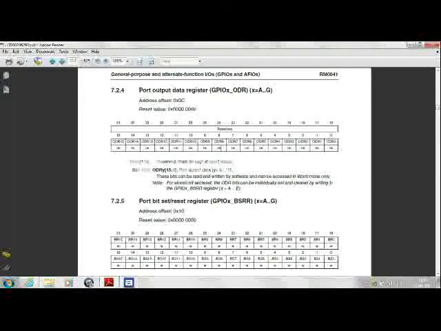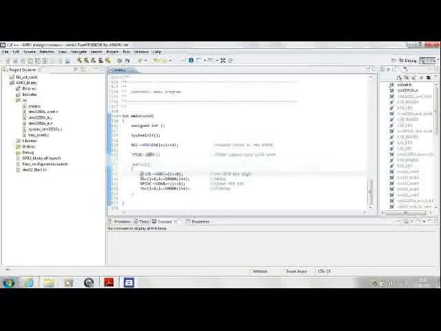So what does the description say? It says that if you want to make a port pin 1, then you have to write 1 to this bit. If you want to make it 0, you have to write 0. So to start off with, the GPIO-C's ODR register, I am ORing and equaling this to 1 left shifted by 8.